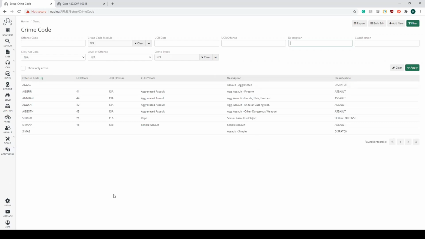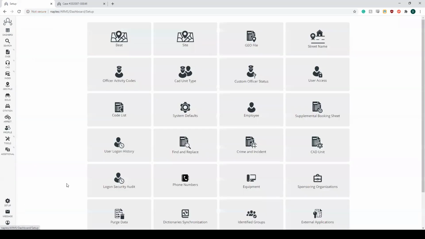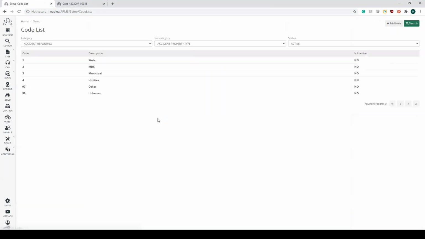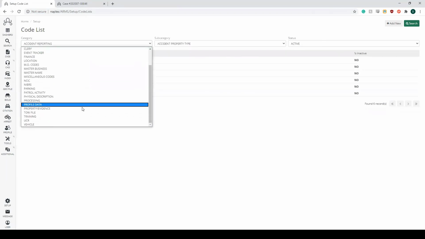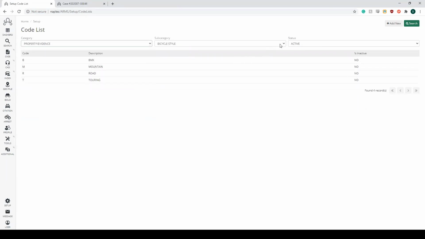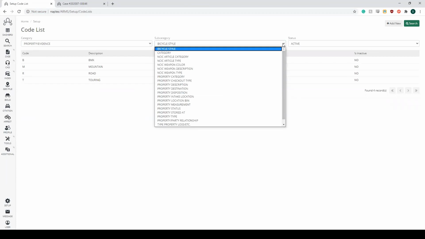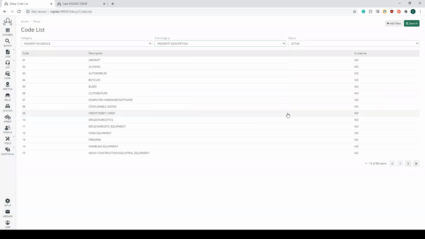All right, so we'll go to the Setup menu again. And one of the last things that I want to show you for the Setup menu is this code list. So in code list, kind of the same thing with that filtering in crime codes, you can also filter in here. So let me show you one that I know has data that'll show well. So if we go to category, property and evidence, and go to property description,